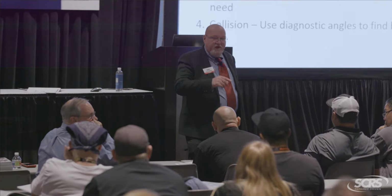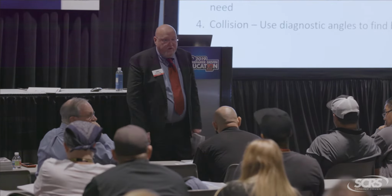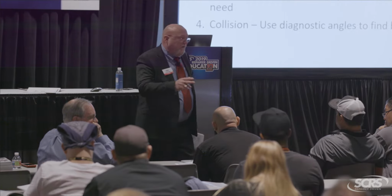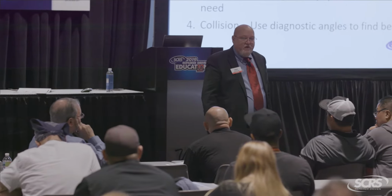That's the position statement where it says reset required. See, that's not Hunter Engineering telling you that you need to do this. That is Toyota, and it's year, make, model specific. Now, having said that, if you have a Hunter machine, those position statements are only good if you keep your